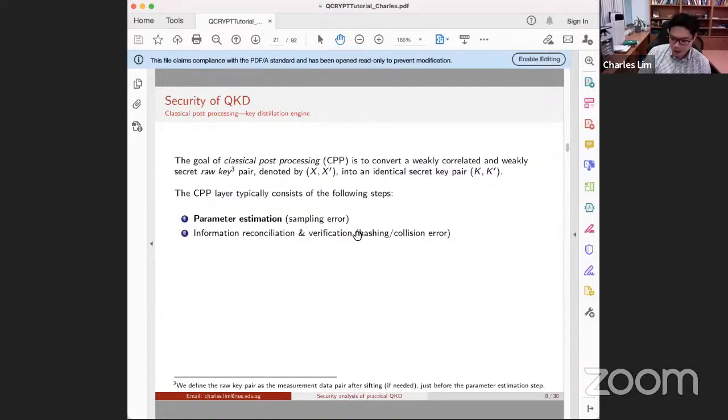And in the case where you actually have different keys, but your hashing values are identical, then this is what we refer to as the collision probability or the hash error. And again, this is something that you have to take into account when you compute the finite key security of your protocol. And finally, coming to privacy amplification,